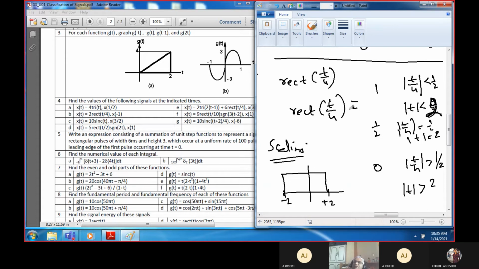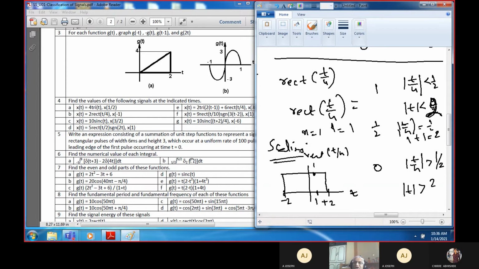So now by rearranging these values, it will be easy for you to calculate what is the value at x equal to -1. Simply look at this function. This graph you have already drawn. This is t, this is rectangular function of t by 4. Correct? Now, what is the value at x equal to 1? At x equal to 1, you see this is 1 here. It has to be 1 only. At x equal to 1, this function is equal to 1.